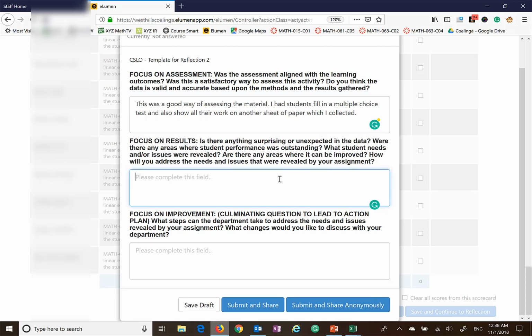Alright, now we're going to focus on the results themselves. So are there any surprising or unexpected things that happen in the data? Were there areas where student performance was outstanding? Initially did they start doing good and then they were not doing so good? What happened there? So what's the results? What's the results look like? So what needs or issues were revealed? Is there any kind of weakness that needs to be addressed? And how will you address the needs and issues that are revealed by your assignment? So in this case,